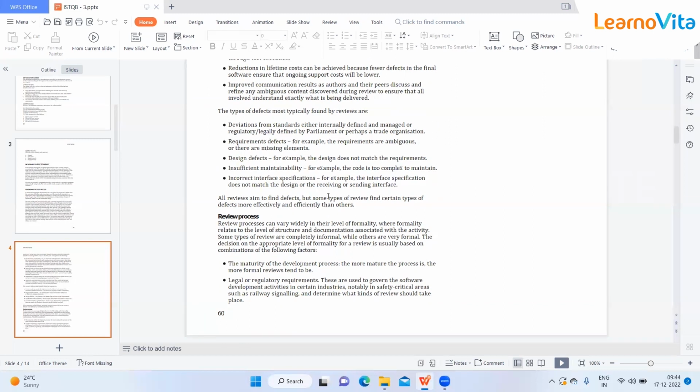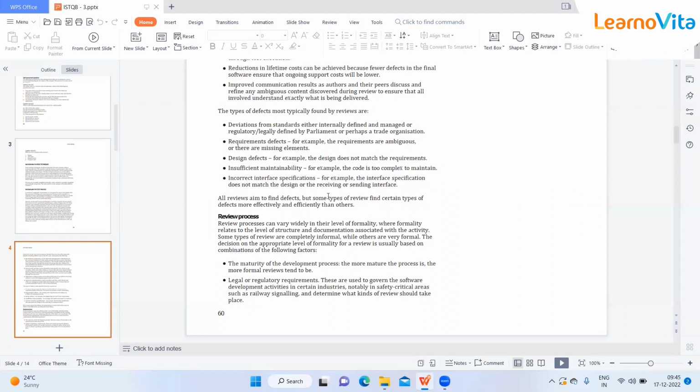For example, a requirement is partially complete. It is not fully defined in that requirement document, then definitely we'll get that kind of defect in the document itself. Secondly, maybe there are some spelling mistakes in the document, so we can find them